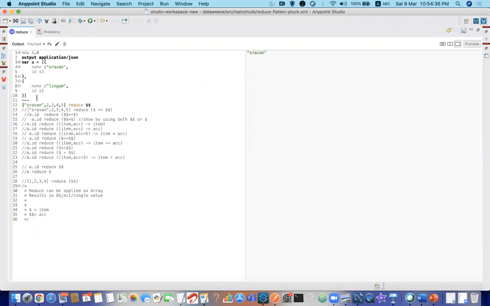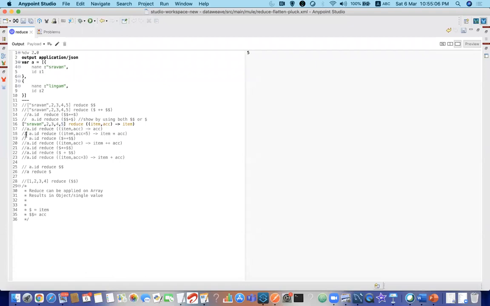So here it is giving the first value, right? Item behaves like a single dollar, and accumulator will give the last value. Okay, it is one and the same. If you are using this expression, let me put these values here for better understanding. Here you can see it is picking up the first value, and then if I use item, it is taking the last value. So it is one and the same.